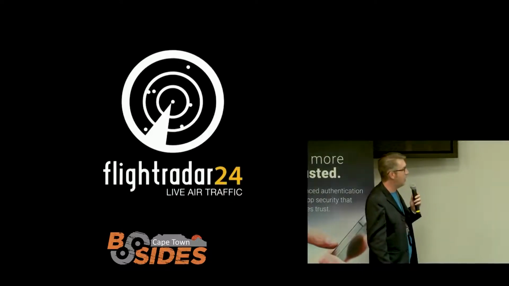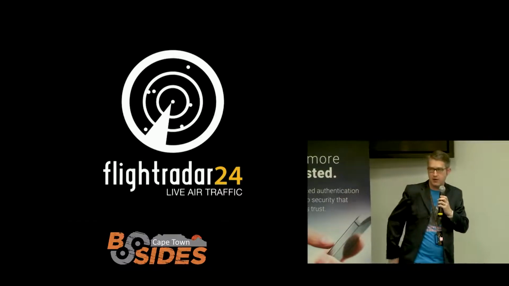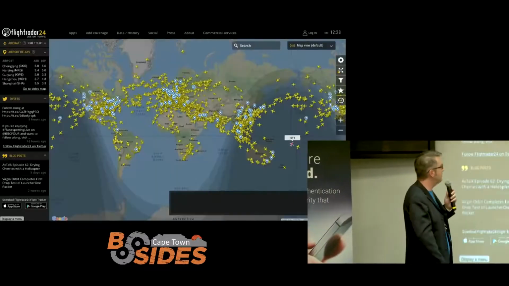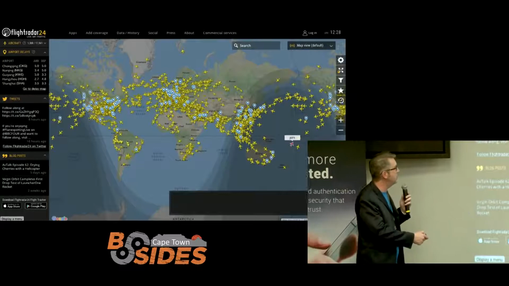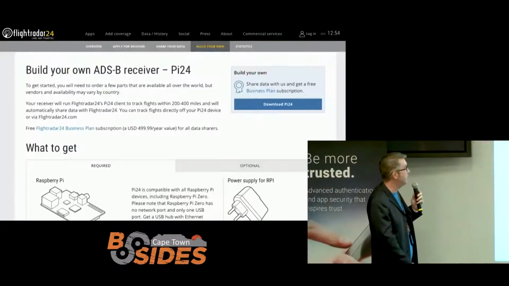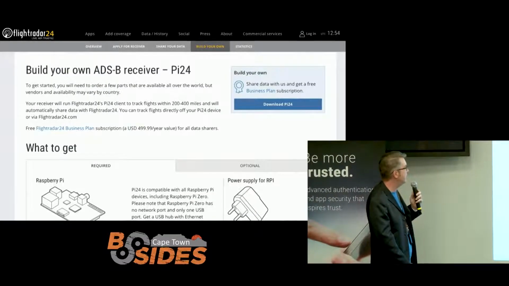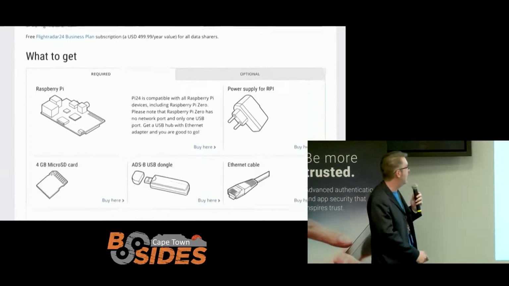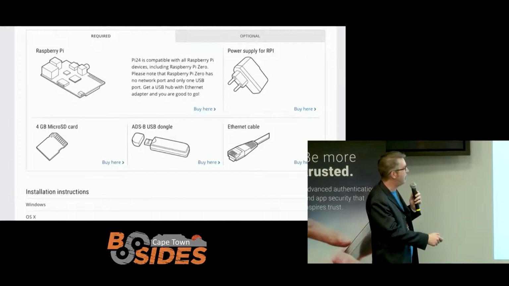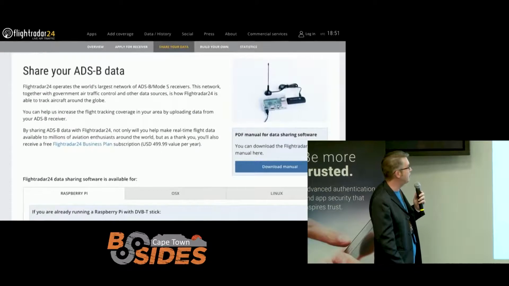So lots of fun. Who uses Flight Radar 24? At all. So there's this whole community thing, lots of planes being tracked by these guys, and you can contribute data yourself. If you live in a remote area or somewhere interesting, they've got a whole guide where you can use a Raspberry Pi and one of these dongles and contribute data